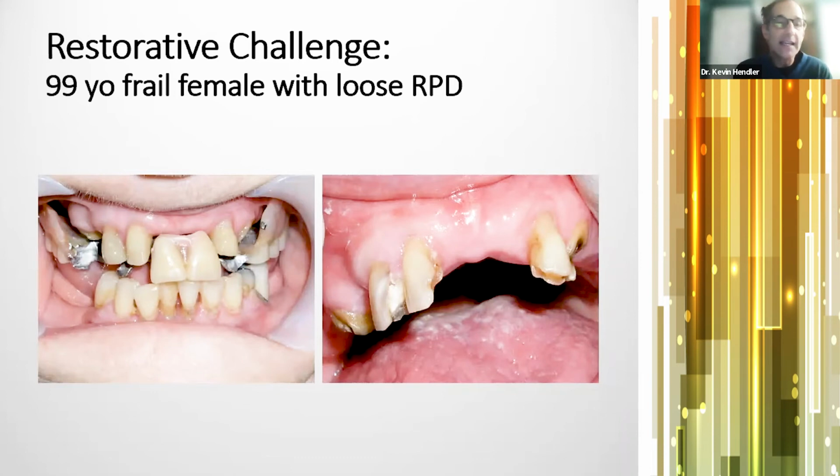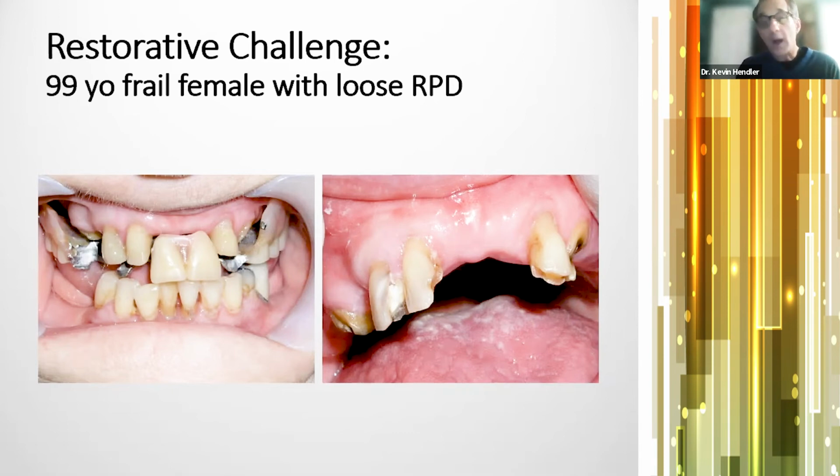And you can see why the partial didn't fit. The abutments were broken off, and the clasps on the partial were broken off, and it was no good. Now, she had some decay in some of the teeth, and you can see on the other screen where there's decay and the abutments that are broken off. She didn't want to get into a whole lot of treatment. The thought was, hey, we can fix this up, we can put some implants in, we can do a fixed bridge. That wasn't what she wanted. She just wanted her partial back.